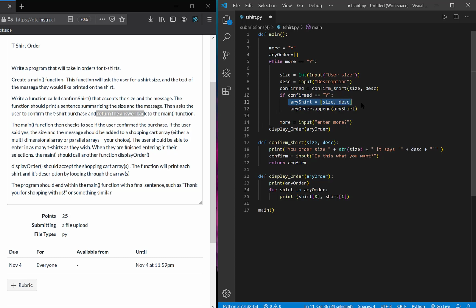So here we're attaching, this is using a multidimensional array. Okay, and then the user should be able to enter in as many shirts as they wish, which is why I have a while loop, so they can keep doing this over and over and over again until they finally say, no more, I'm all done. And then the next